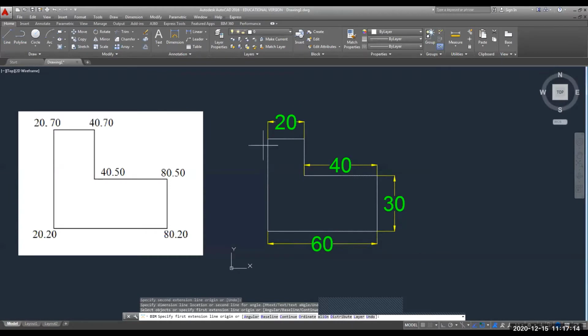This is your 20. This is your 50. Okay. So do we need to give the dimension for this line, this 20 length? Yes or no? Yes, sir. No. Why? Because it will be over dimensioning. Here this length I have shown as 50 and here I am showing that this portion is 30. So the remaining will automatically be 20. Okay. So this we can consider.